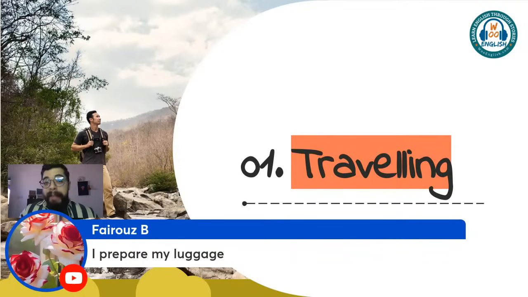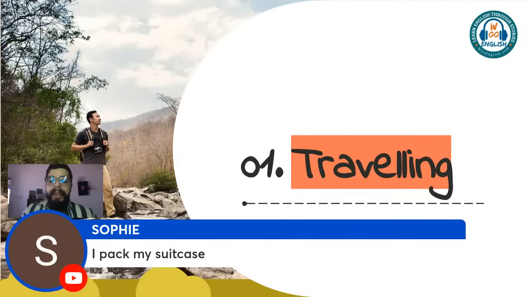Feiruz says, I prepare my luggage. I prepare my luggage. Great. And finally, for Sophie, I pack my suitcase. So let me very quickly just write some vocabulary that you guys are using just to differentiate between it, right?